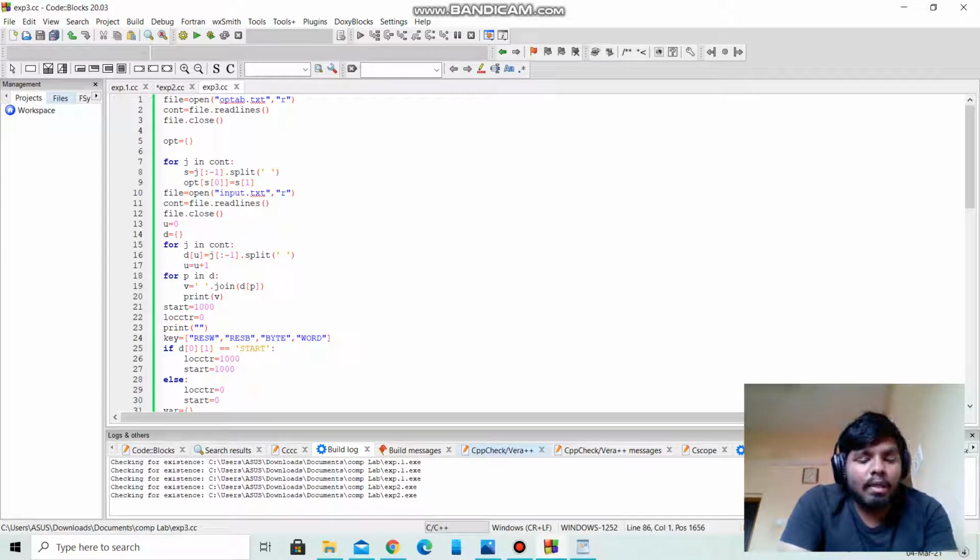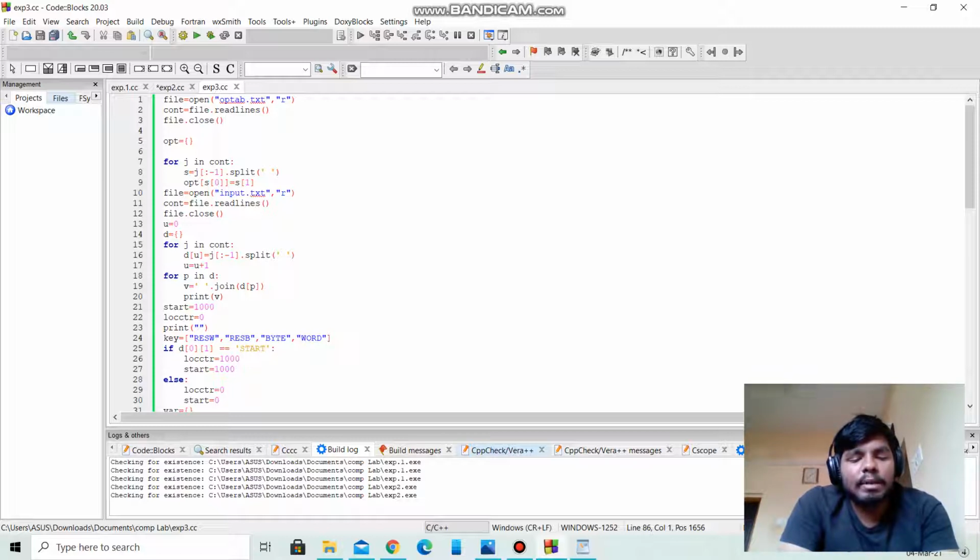After that, write the input line to the intermediate file and do the following steps until the OP code is END. First, check the symbol table. If the symbol is not available, then enter the symbol into the SYMTAB along with the memory address in which it is stored.